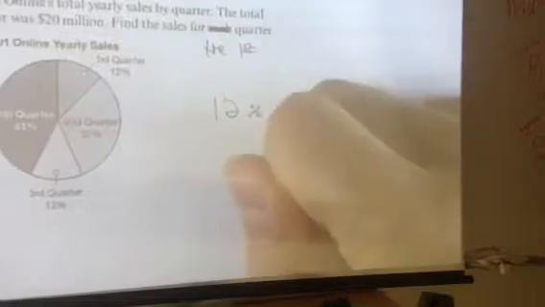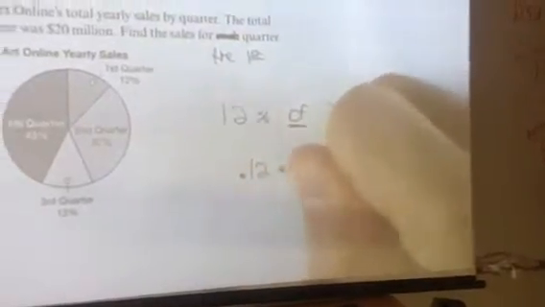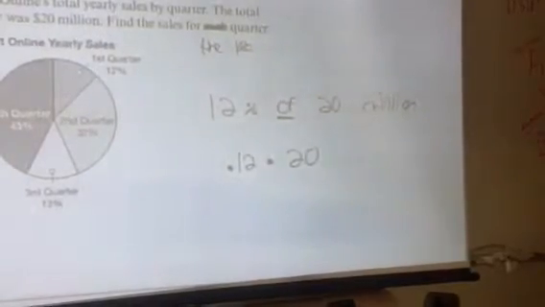So in the first quarter, what it tells me is that I sold 12% of the total amount. So the total amount that I sold was 20 million. So what I've got to do is find 12% of 20 million. To find that, this word of we talked about before means multiply. So a percent is always out of 100, so you could write it as a decimal. 0.12 multiplied by 20. If I go to the side right here, I got 20 times 12,